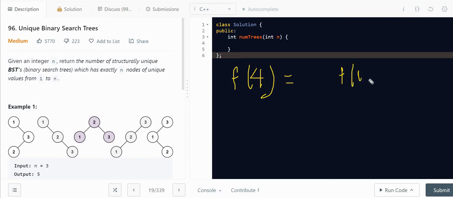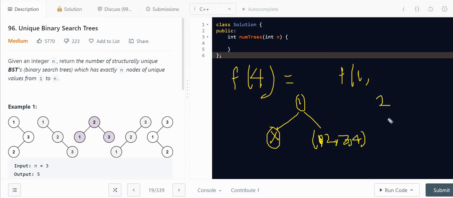Let's say 1, 2, 3 and 4, right? So if you take 1 as head, then no element is possible before 1, because 1 is the lowest element. So 2, 3 and 4 should be placed to the right of 1.